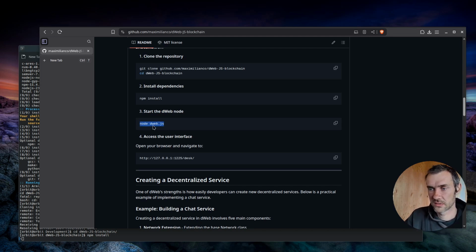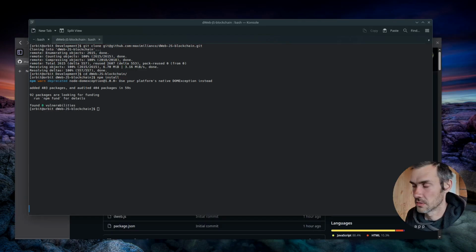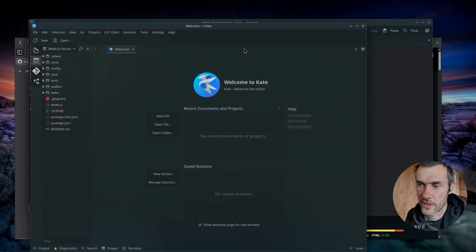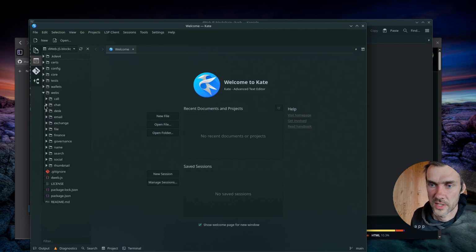And there's an interface. So it's not just the back end, but also a front end that actually has modules to communicate with the back end. So that's all in there too. So the packages are installed. Now what we do next is change something. We're going to open a file explorer, or in my case, I just use Kate. Then we go into, for example, chat,